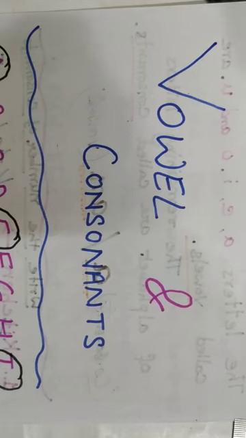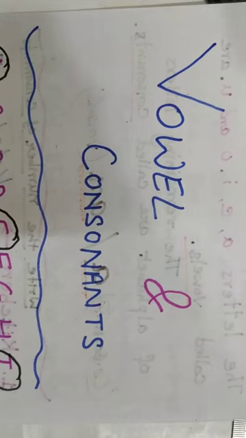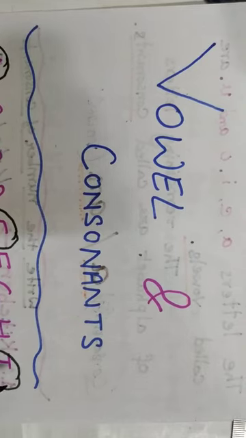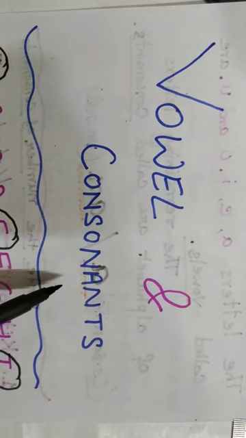So, today we'll do the revision of vowel and consonant. Yesterday we read the book, English reader book. Now today we'll do some exercises from practice book. Before we just start the exercises, let's have a quick revision of vowels and consonants.